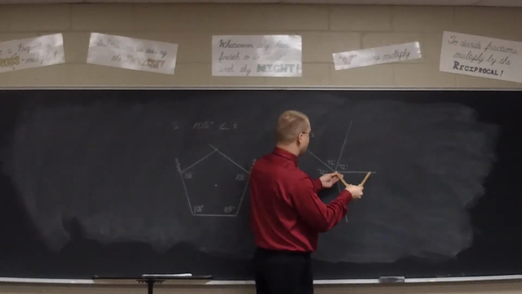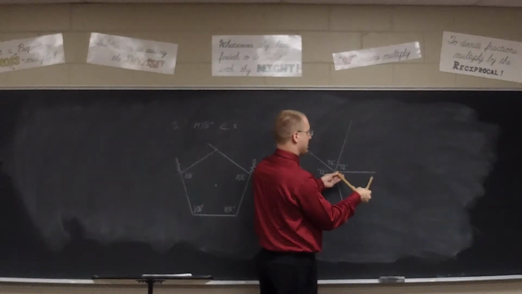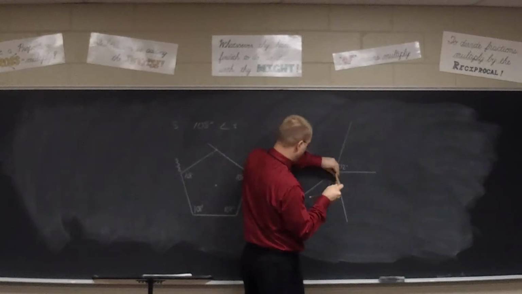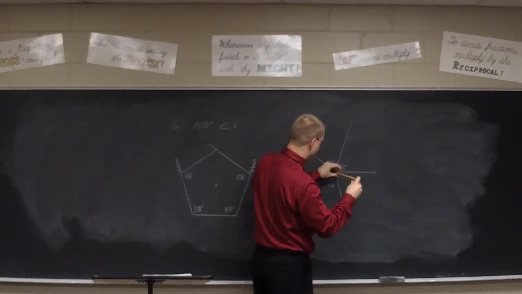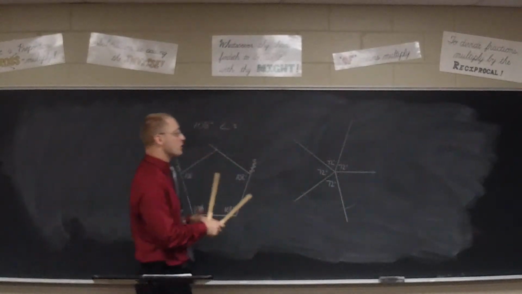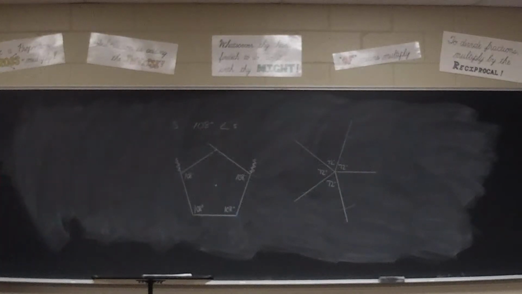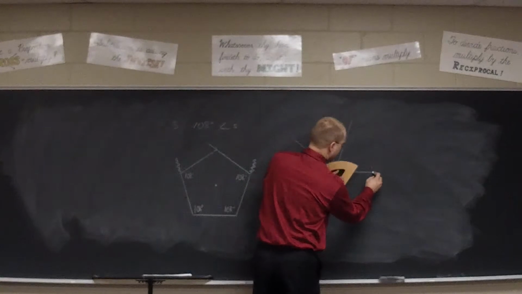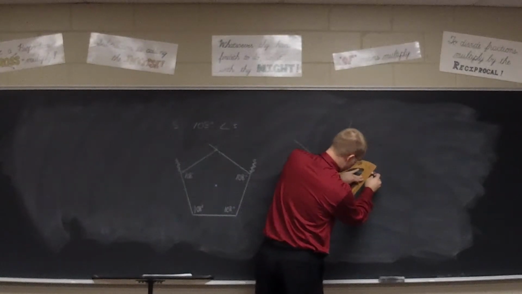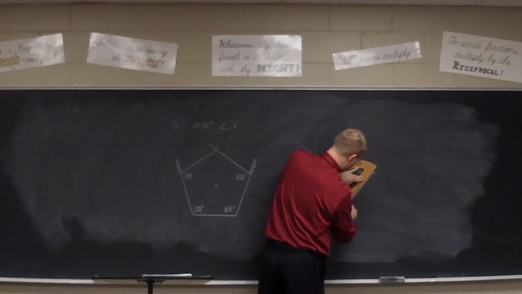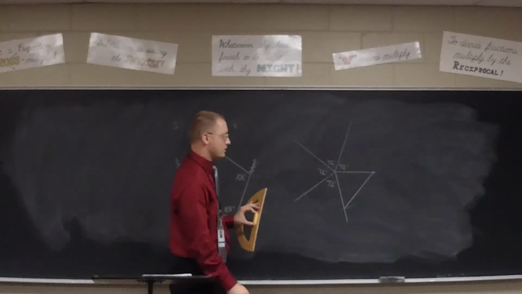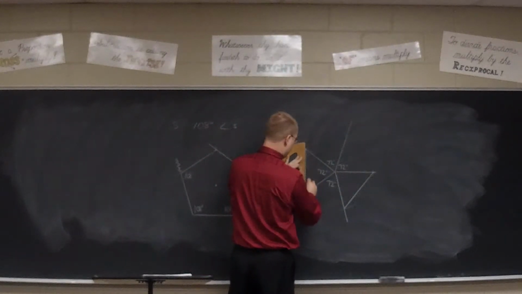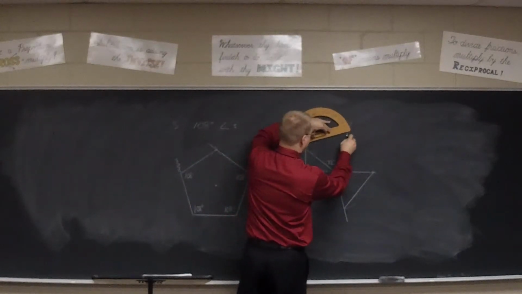So I'm going to measure any amount on my shortest piece and mark off that amount all the way around. You could just draw a circle, but I'm lazy. And then join these points together, like so. And as you do, you'll be forming a regular